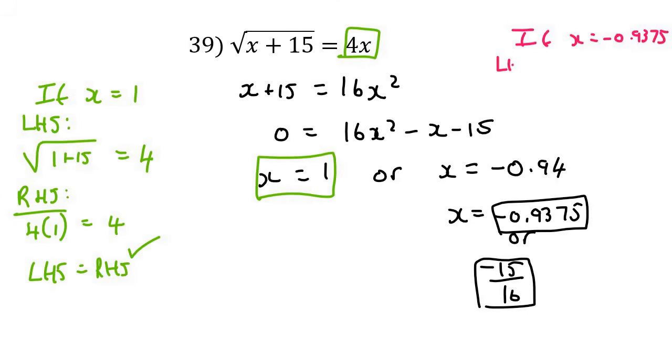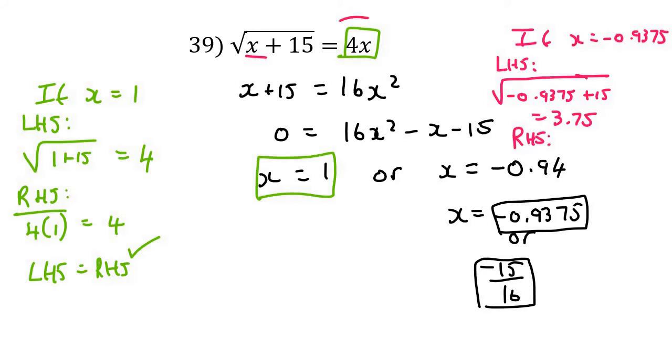-0.9375. So for the left-hand side, that's going to look like this. -0.9375, because I'm plugging it in the place of x, plus 15. And if we work this out, it gives us 3.75. And now if I plug that in on to the right-hand side, which is this part, it's going to give us 4 multiplied by -0.9375, and that gives you